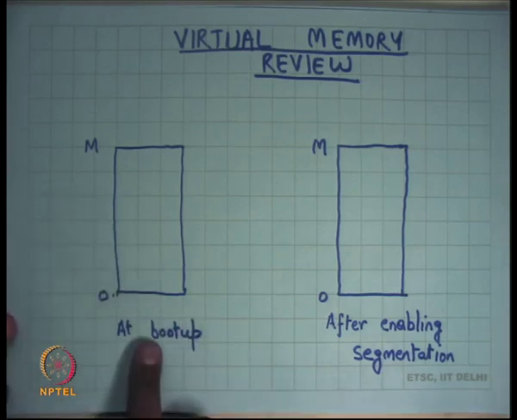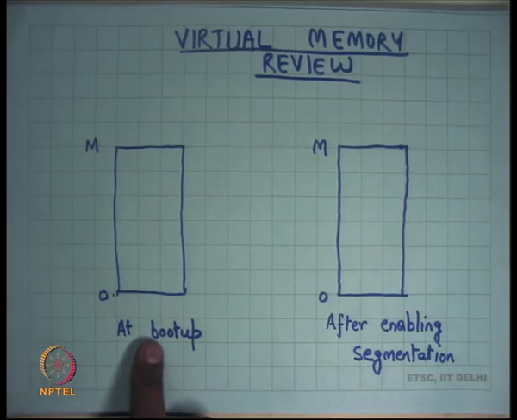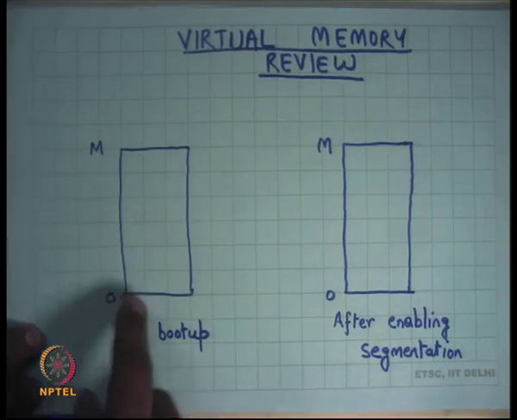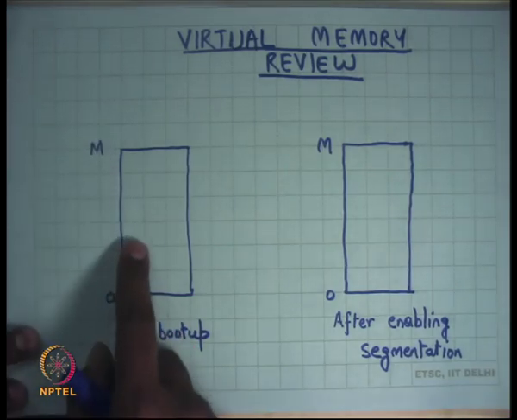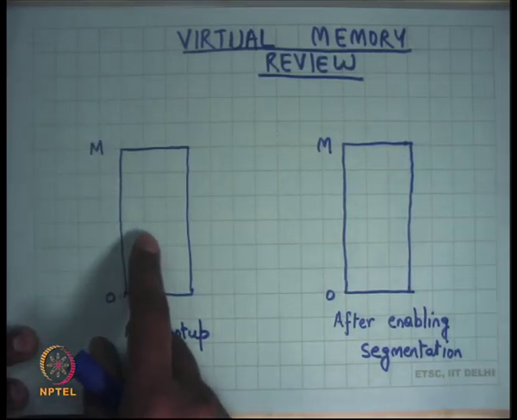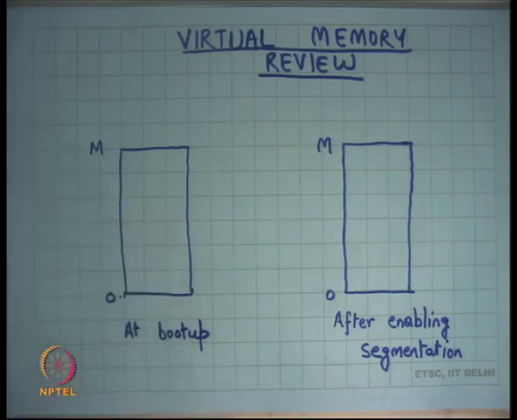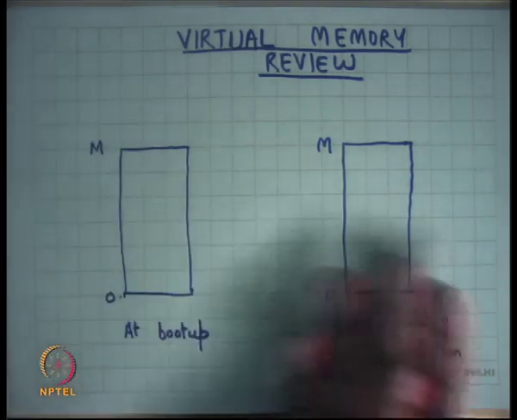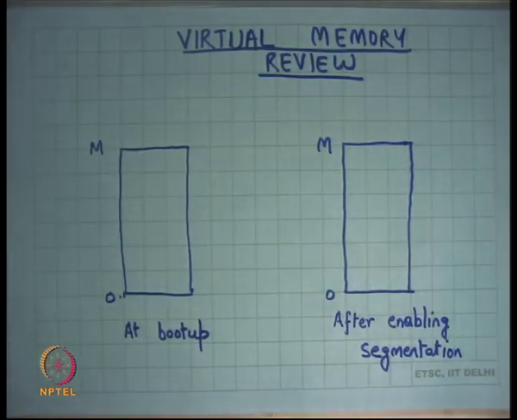Let's review the virtual memory subsystem as we have been looking at it. When you boot up the machine, we said that we start in the physical address space. If you use address x, and x is less than m, then you hit the physical memory at that address x. You straight away hit the physical memory, there is no translation involved. If you try to hit a physical memory address that's greater than the available memory, let's say capital M is the amount of physical memory available in your system, then it will throw an error. So that's not valid.